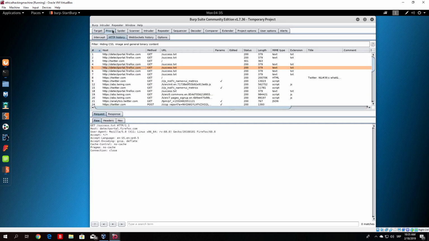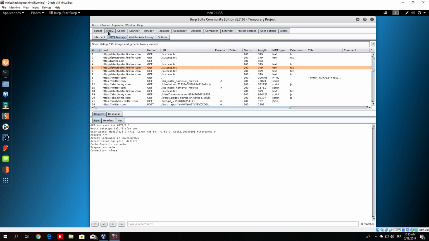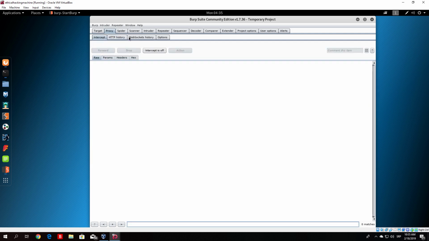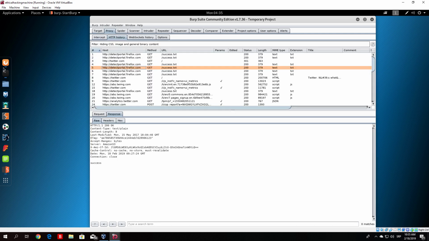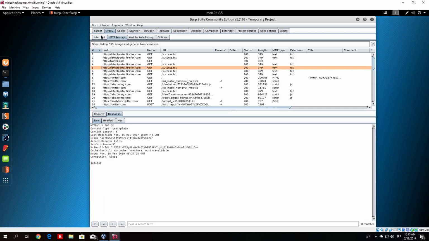Now there are a lot of other options that I will show you later on. For now, it is enough for you to understand that there is a request and response that you can check out in Burpsuite, and also you can change the structure of packets. You can also delete some of the things. You can also change usernames, passwords. For example, you can also, let us go back once again. So we go back to the login page,